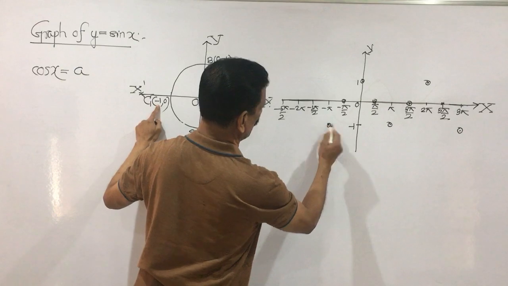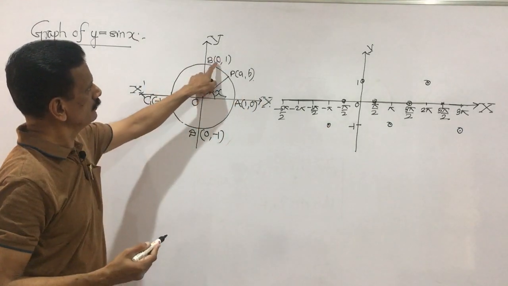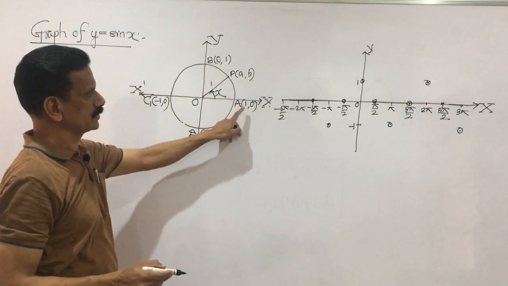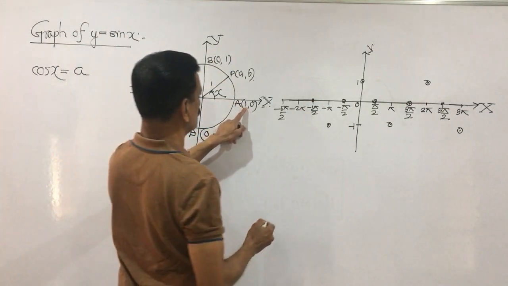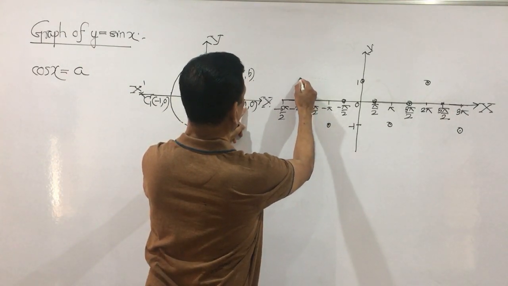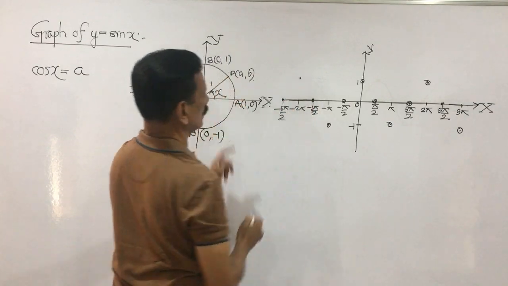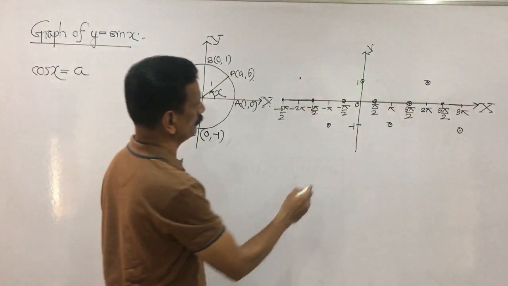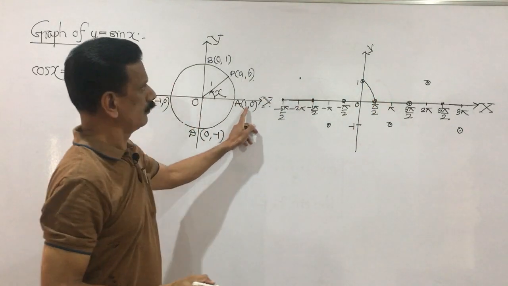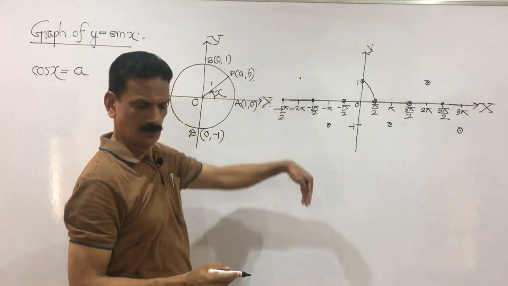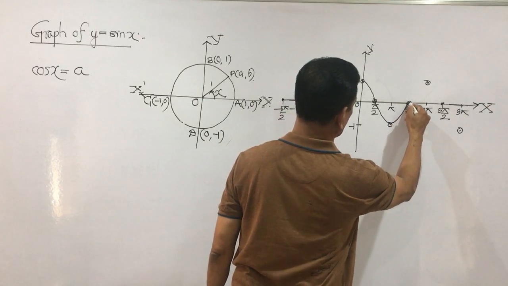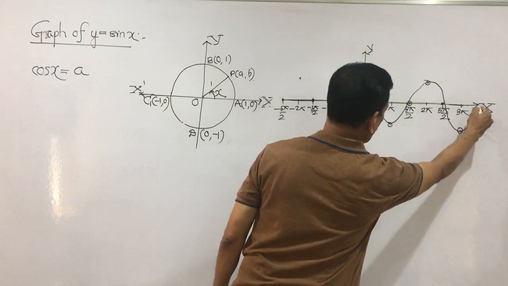So I show here it is minus 1 on the negative side, and when it comes, the value of a becomes 0, meaning here is the point. And when it completes one full round, the value is 1, meaning at 2 pi it is 1, and again it comes down. So I join a smooth curve, it comes here, see here 1 becomes 0, meaning it comes down. The value goes on decreasing, it becomes minus 1, then it comes to 0, and here we have continued.